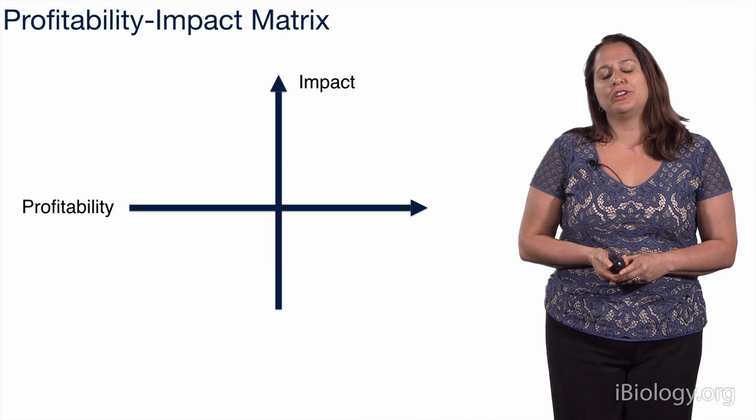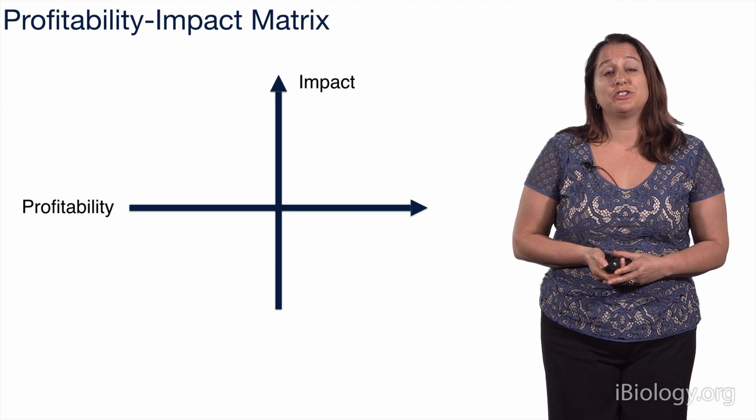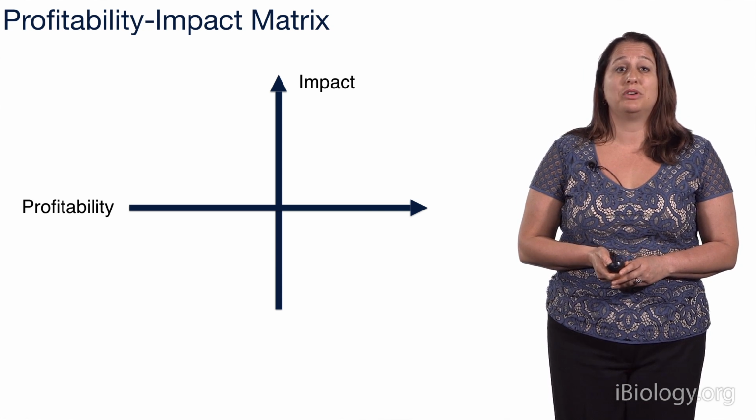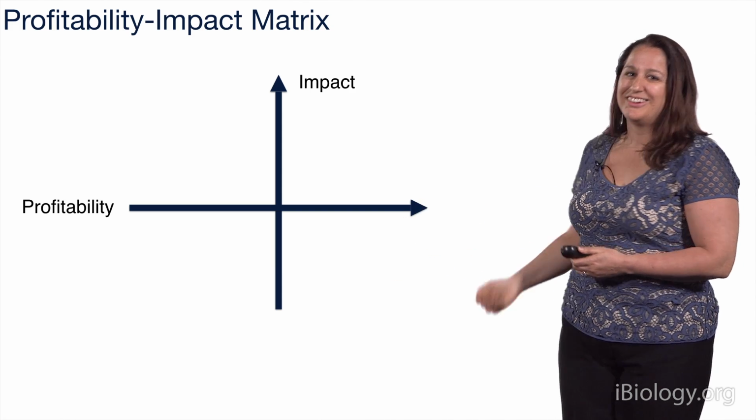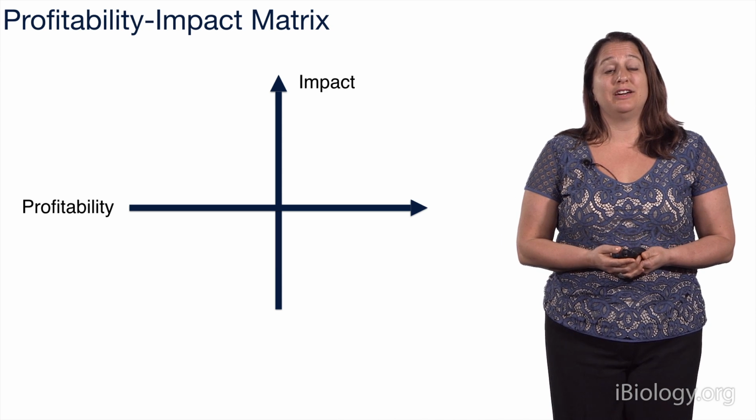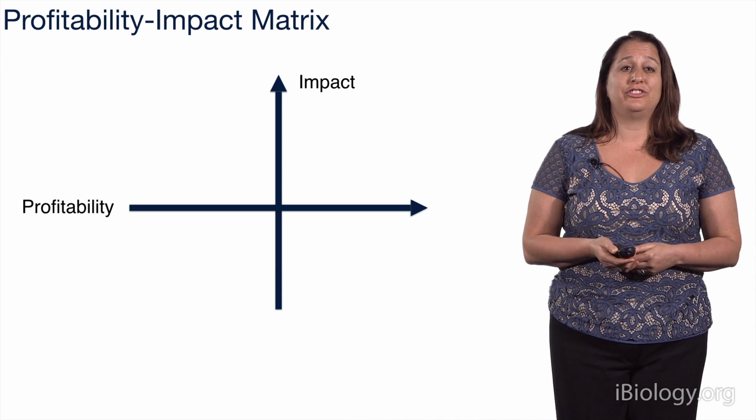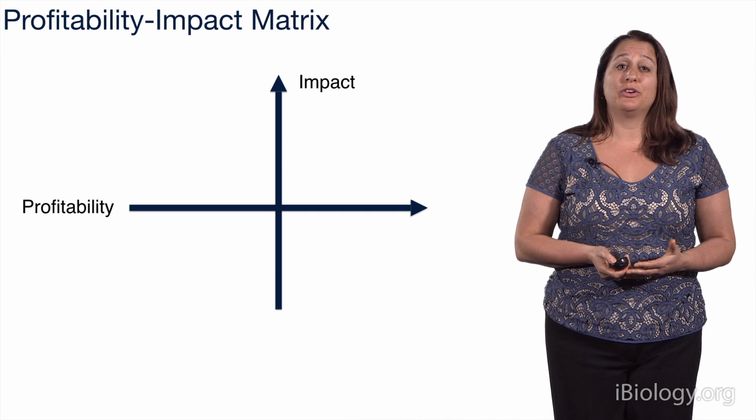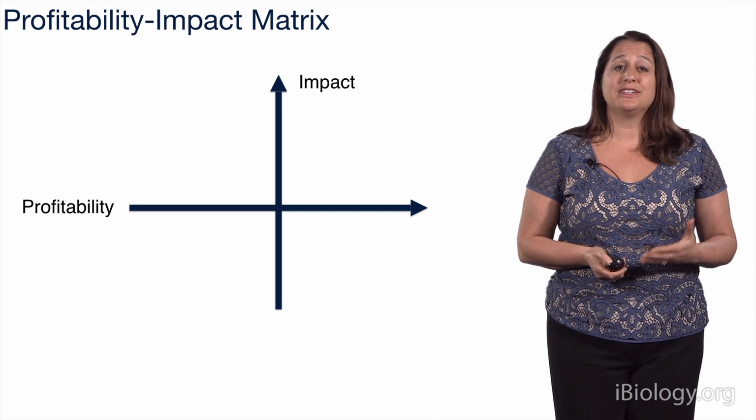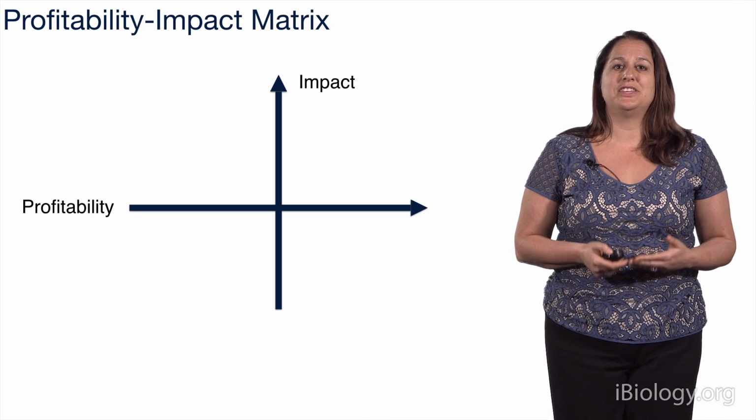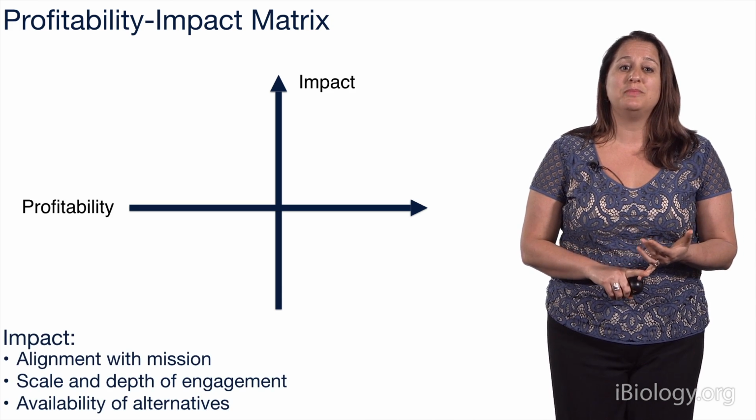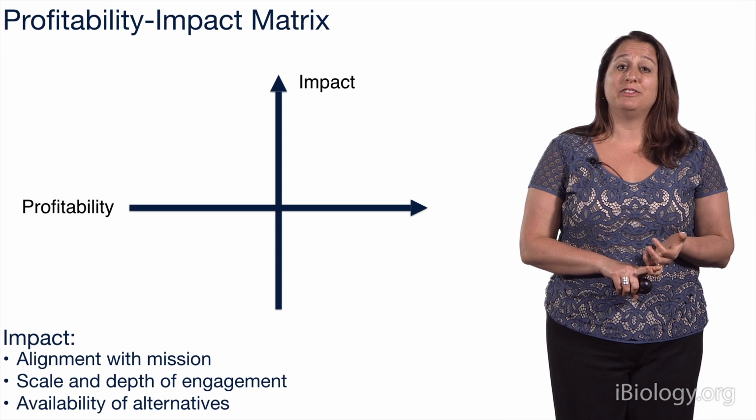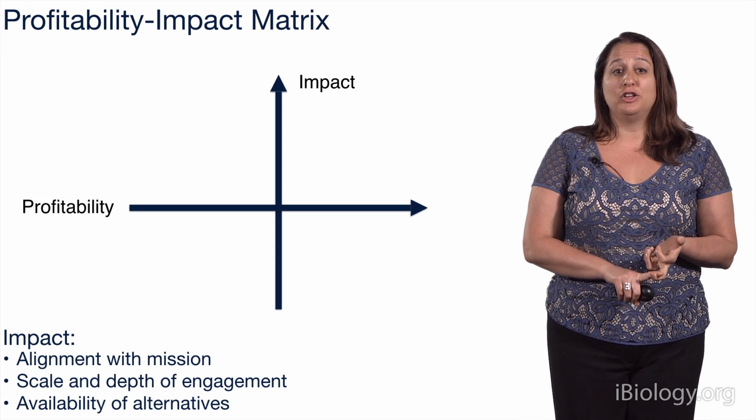I want to now walk you through an example of a two-factor matrix that's used more commonly in the nonprofit world. In this case, the x-axis, now increasing to the right, is profitability of a program, and the y-axis is impact. Now, a nonprofit organization doesn't care as much about profits as they do their mission. So in this case, impact involves alignment with the mission, involves scale and depth of engagement, and it involves availability